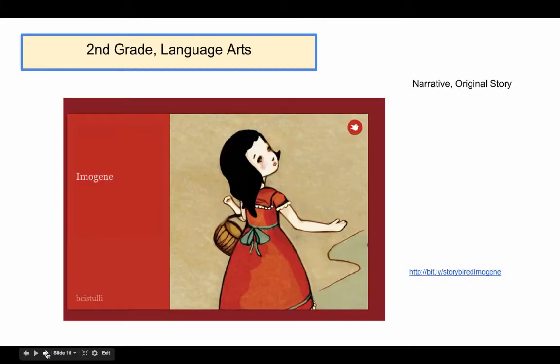I also believe that in creating digital stories, teachers need to have time to practice with the tools themselves. So when I introduce an application like Storybird, I create a few examples myself and I post them on my website, and teachers can look at those before they are introduced to the application. So this is just one that I created. I like to create digital stories with Storybird that can be used in a variety of grade levels, and this is one that I thought would be appropriate for second grade.